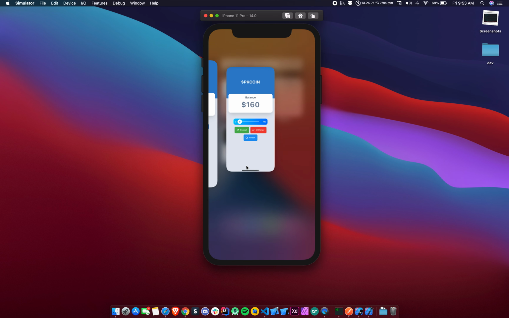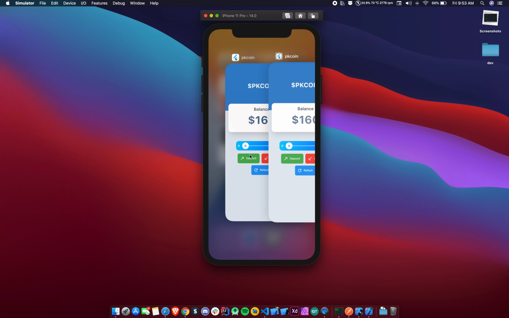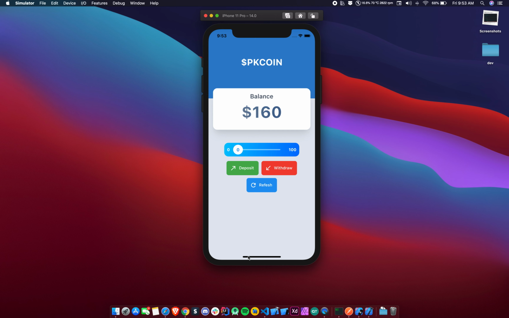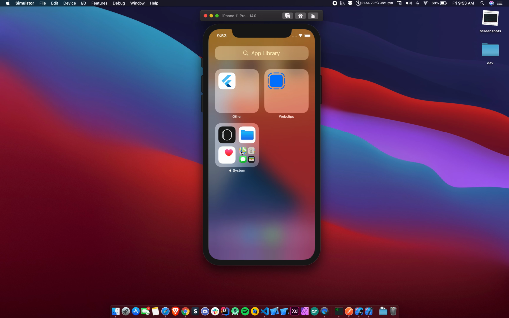So you can see we have two, one is our normal app and one is our app clip. And why is it showing the same screen? Because we have selected all the entities there, right? All the storyboard and code and all those things, right?